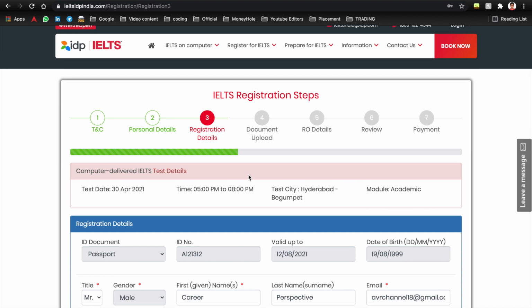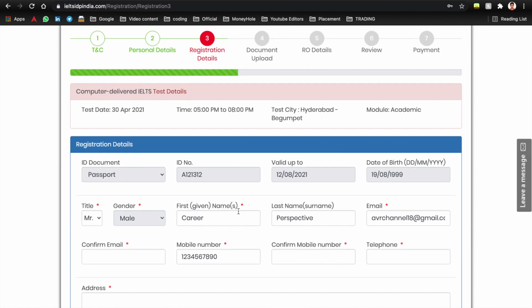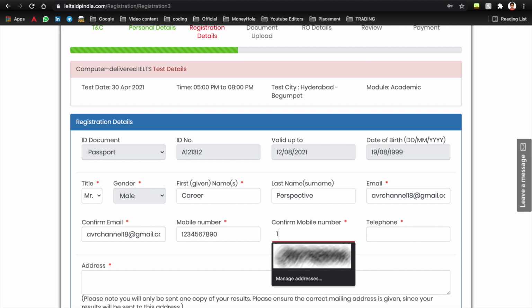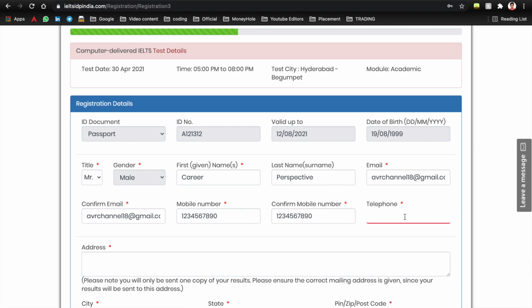Make sure that you give your valid passport details and give your name exactly as it is in your passport. Now you need to confirm your mail ID. And also confirm your mobile number. In place of telephone, you can give any other mobile number that you have.